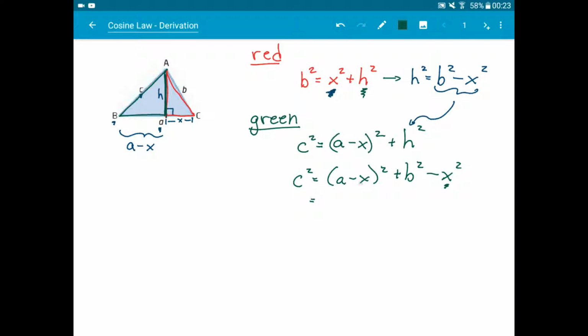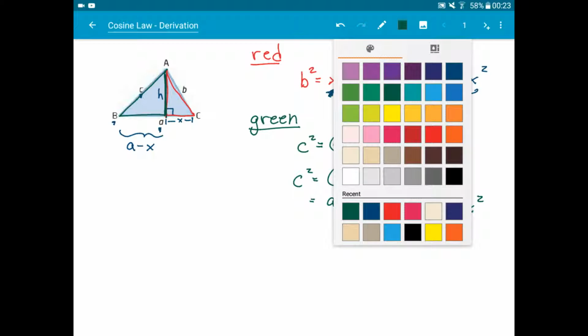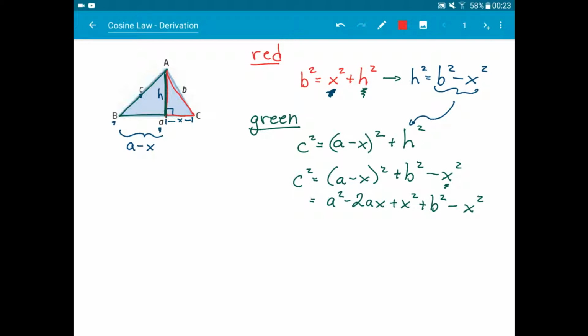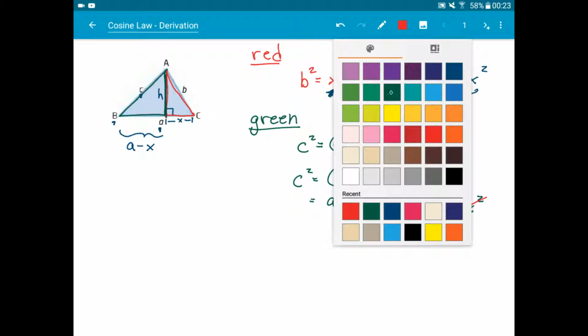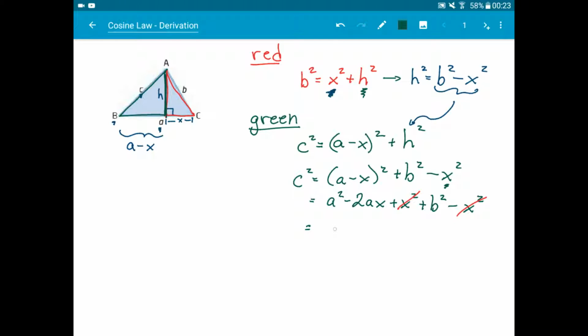This is a perfect square, so I know I've got a squared minus 2ax plus x squared plus b squared minus x squared. Okay, so now when we take a look at this, we've got a cancellation of x squared, because x squared minus x squared is nothing. And so we simplify this, and we get a squared